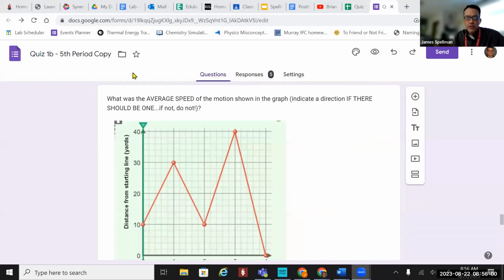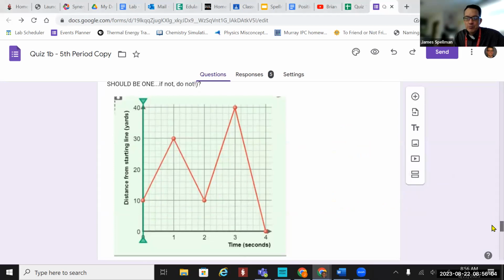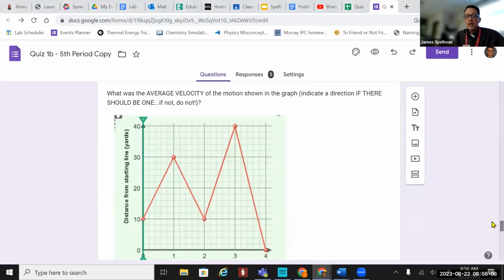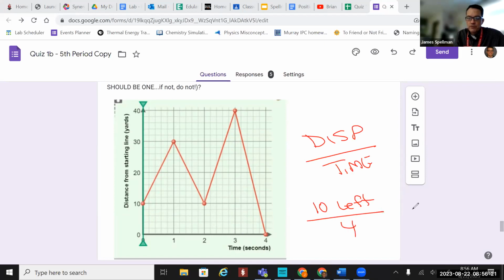The next problem was about average velocity. Velocity uses displacement if we're doing average velocity. And we've already calculated and shown that the displacement, again, we do displacement divided by time. So in this case, the displacement was 10 yards left or negative 10 yards, and the time, again, was still 4. And so the velocity would be 2.5